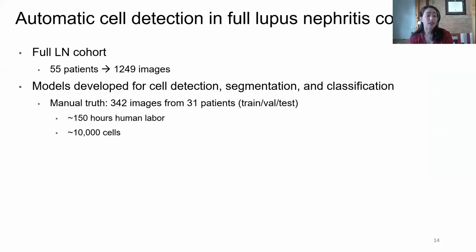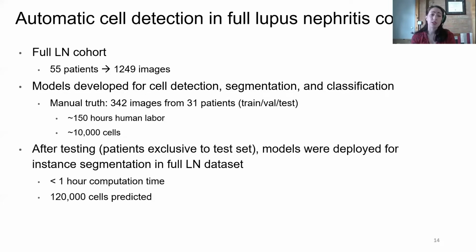So again, our full lupus nephritis cohort was 55 patients, and that was about 1,250 images overall. The models were developed for instant segmentation, which is cell detection, segmentation, and classification. The manual truth was 342 images, which took humans about 150 hours to do, and that was only about 10,000 cells. When we deploy the model,